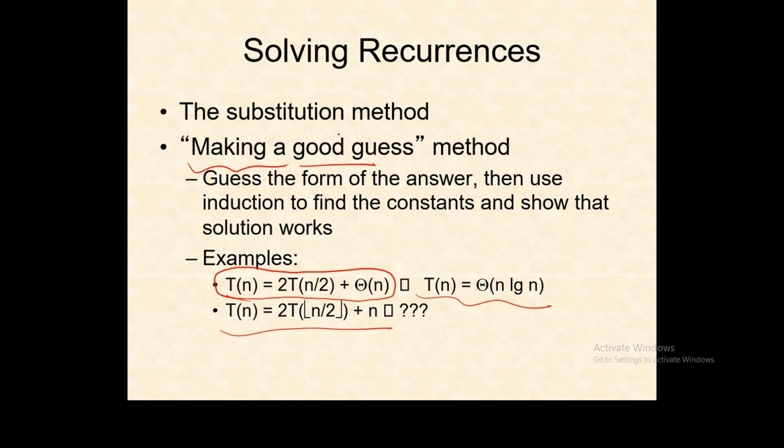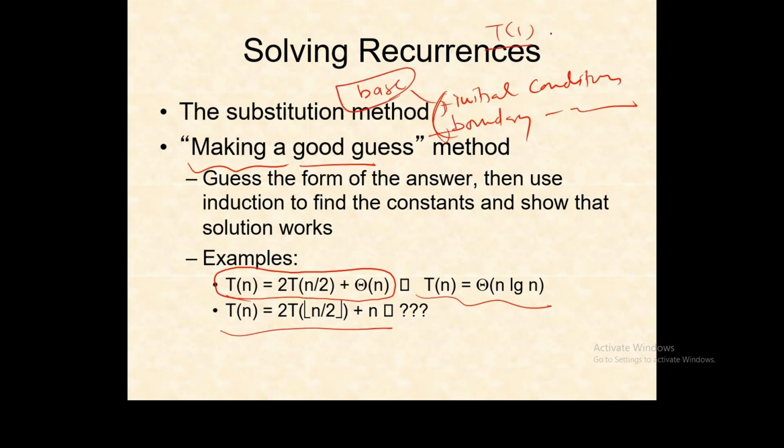initial condition. Okay, so there is a term like initial condition, and the boundary condition. These both are the same. Initial condition or boundary condition are those related with the base case. Base case for that particular recurrence relation. Base case means like T of 1 or T of 0, the values of T of 1 and T of